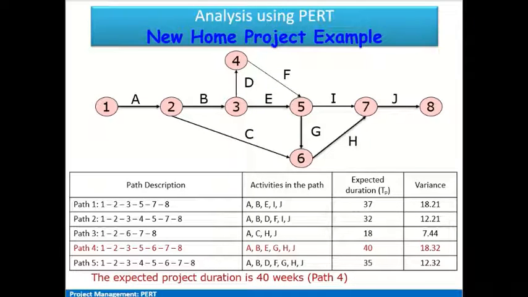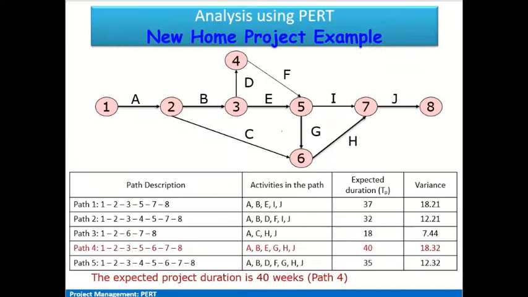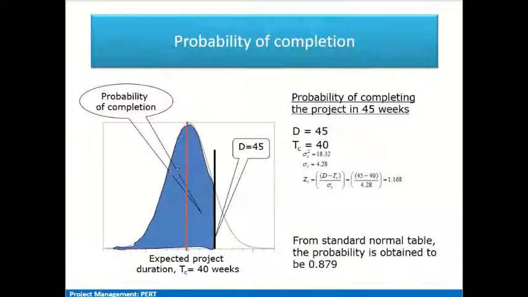So this way we get the complete picture about the different activities, their relationships, and their expected time durations because of the uncertainty involved, and we are able to estimate the likely time. Now since it is an uncertainty case, we have the concept of probability, which is related to uncertainty. So if somebody asks what is the probability of completing the project in 45 weeks: earlier we calculated that the most likely estimate is that the project will get completed in 40 weeks, but uncertainty is there, so it might happen that the project extends to 45 weeks.